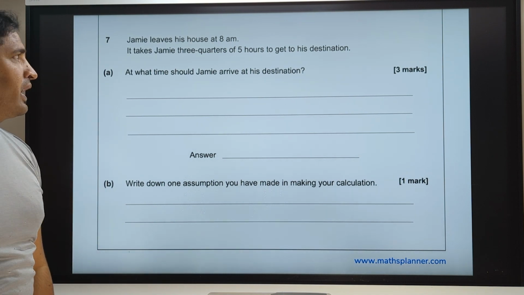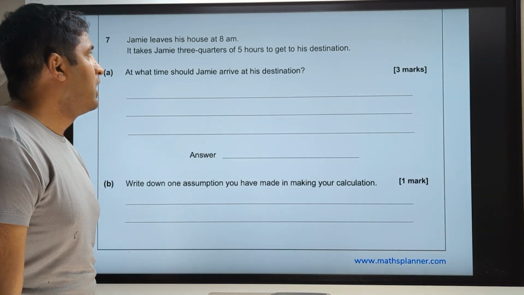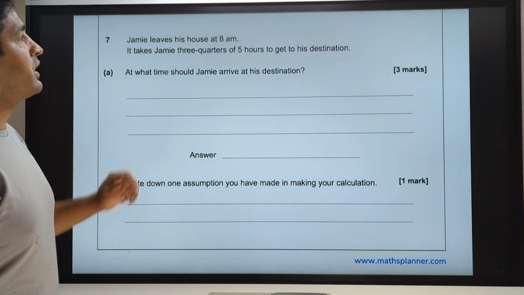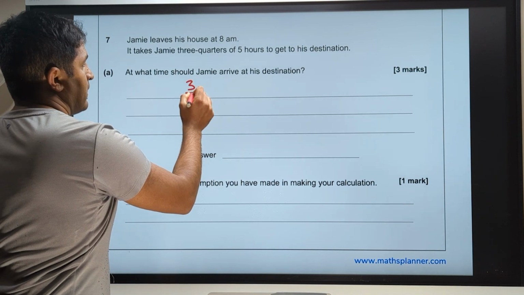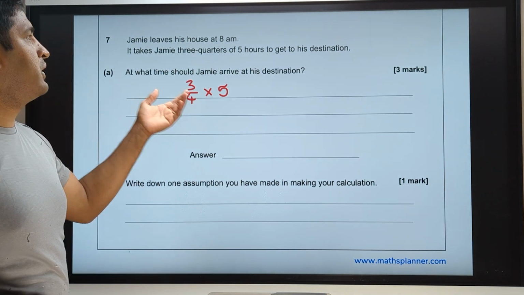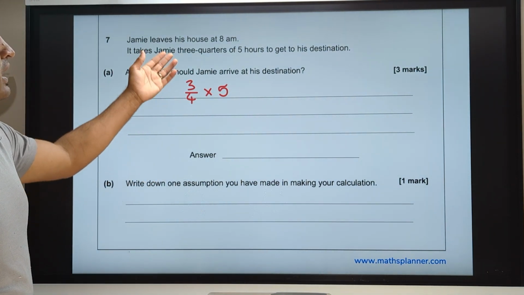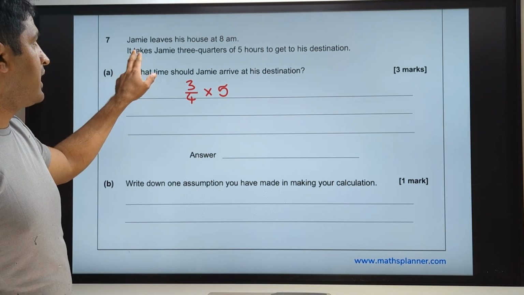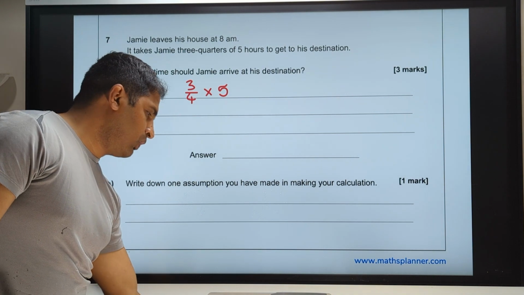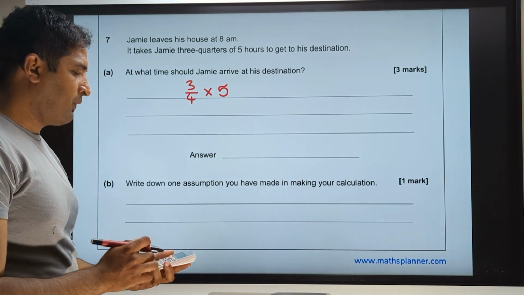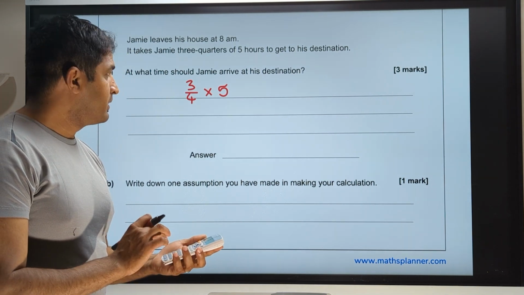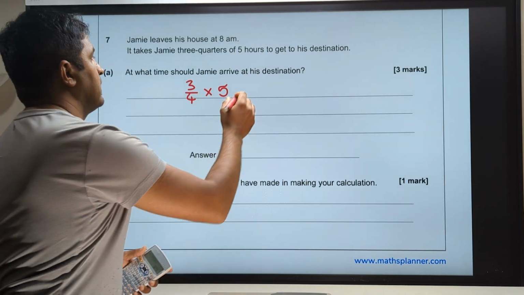Jamie leaves his house at 8 a.m. It takes Jamie 3/4 of 5 hours to get to his destination. Now we want to work out 3/4 of 5. 3 out of 4 multiplied by 5 will tell you how many hours it takes him to get to his destination. So that's all we need to look at. 45 minutes of every hour. So 3/4 times 5. So it takes him